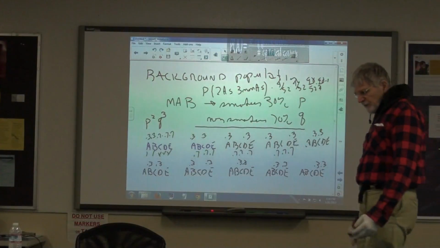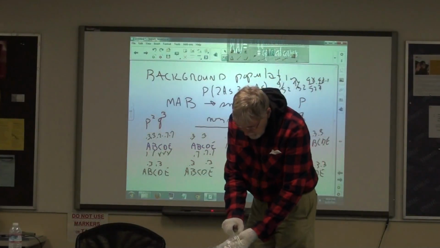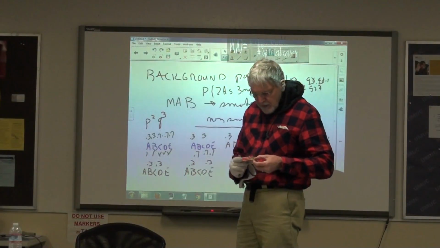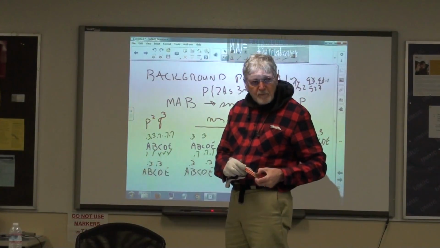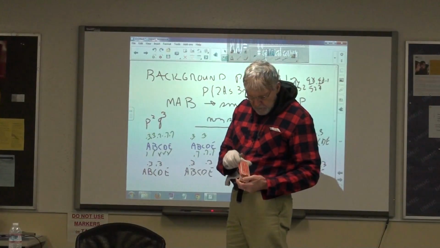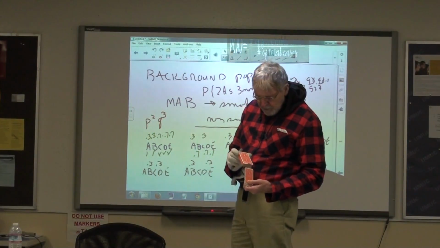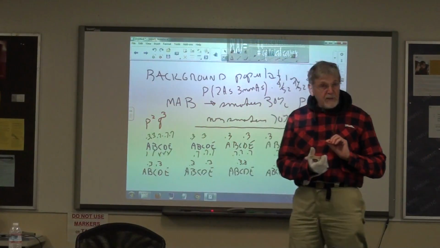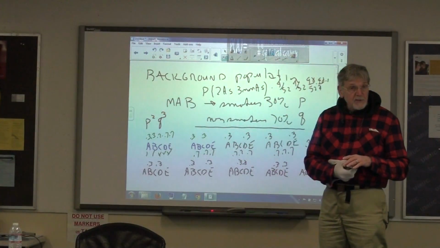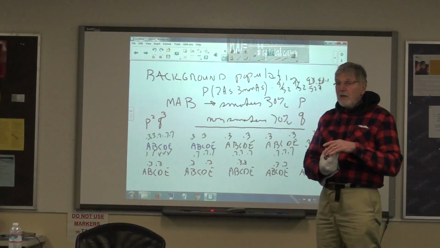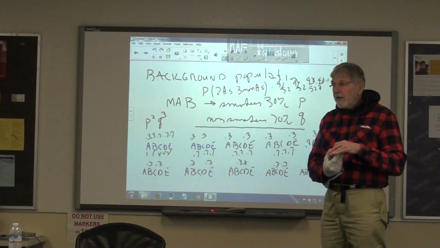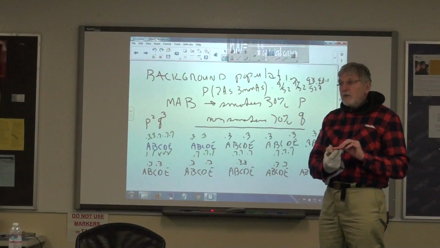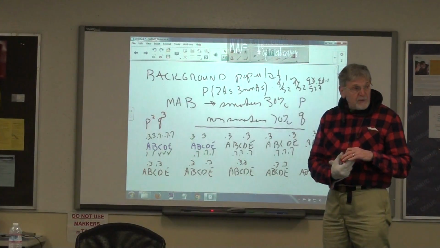So if I take a deck of cards, what's the probability of pulling a 6 or an 8 out of the deck of cards? 8 over 52. Right, because it's the probability of pulling a 6 plus the probability of pulling an 8, agreed? Because both yield success. What's the probability of pulling a 6, an 8, a 9, or a 10? 4 over 52 plus 4 over 52 plus 4 over 52, agreed?